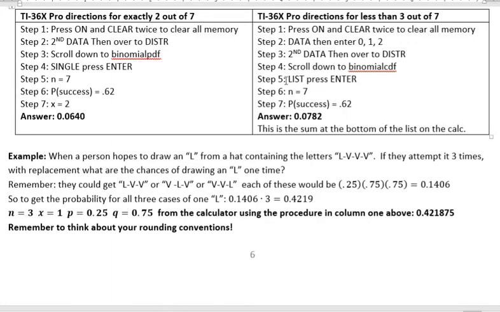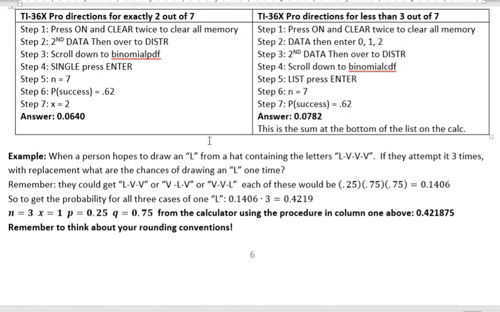And I have on the screen here the directions from the last problem that I did, how to use the TI-36X Pro if you have 7 trials and you want to find out if there's 2 or less than 3 outcomes that are successes, given that the probability of success is 62. And so you can watch the video that I have about binomial probability on YouTube, or you can work through